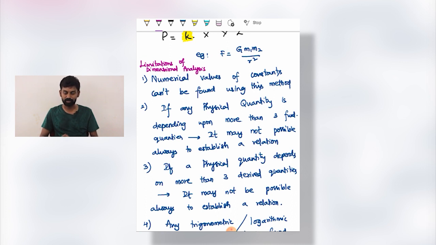So what are the topics we have seen so far? We have seen what is a physical quantity and what is the necessity to study units, what are units, what are different systems of units, what are dimensions, what is a dimensional formula, how do we apply units and dimensions, at what stage the units and dimensions applications are going to end, or what are their limitations when we apply them to establish relations. So these are the topics that we have seen.